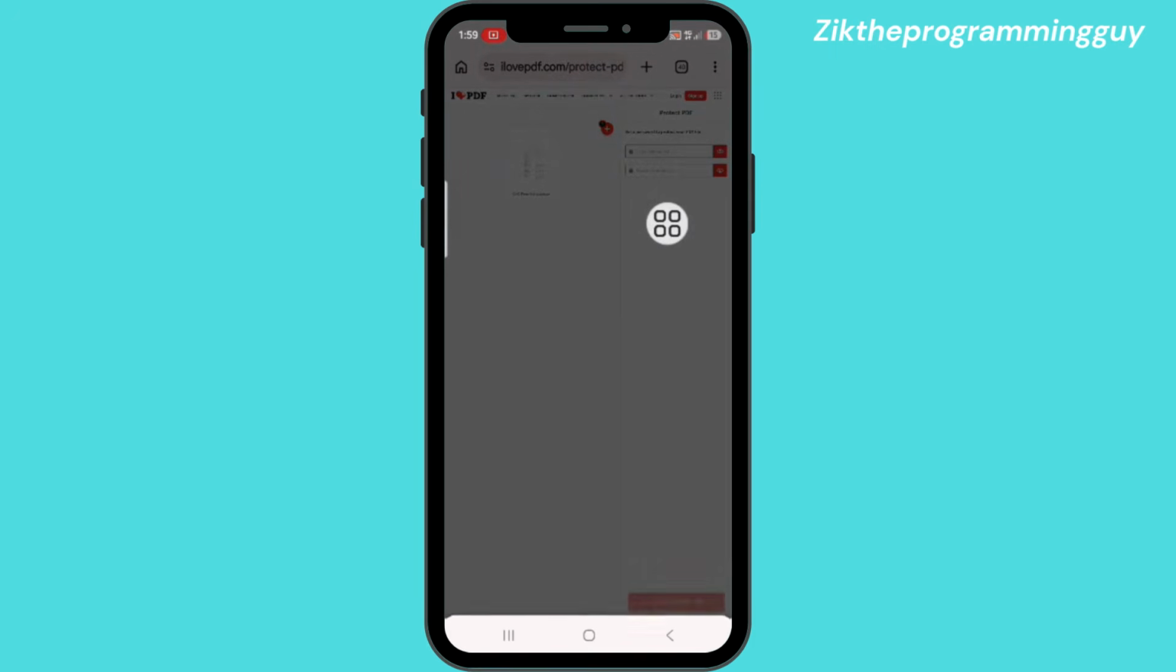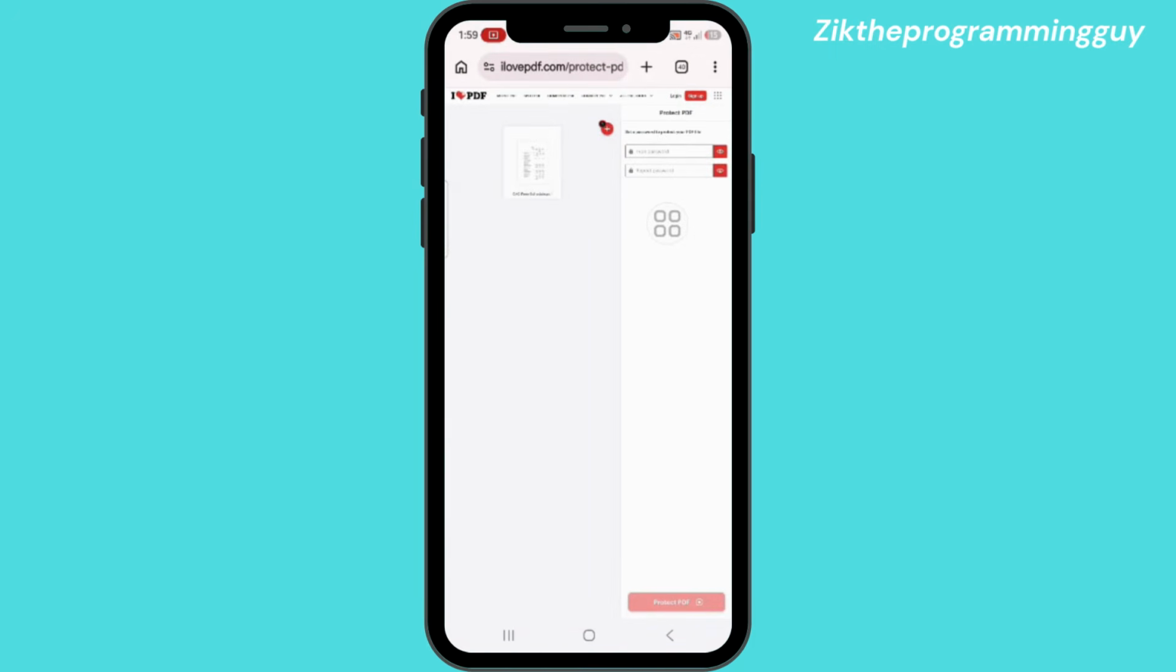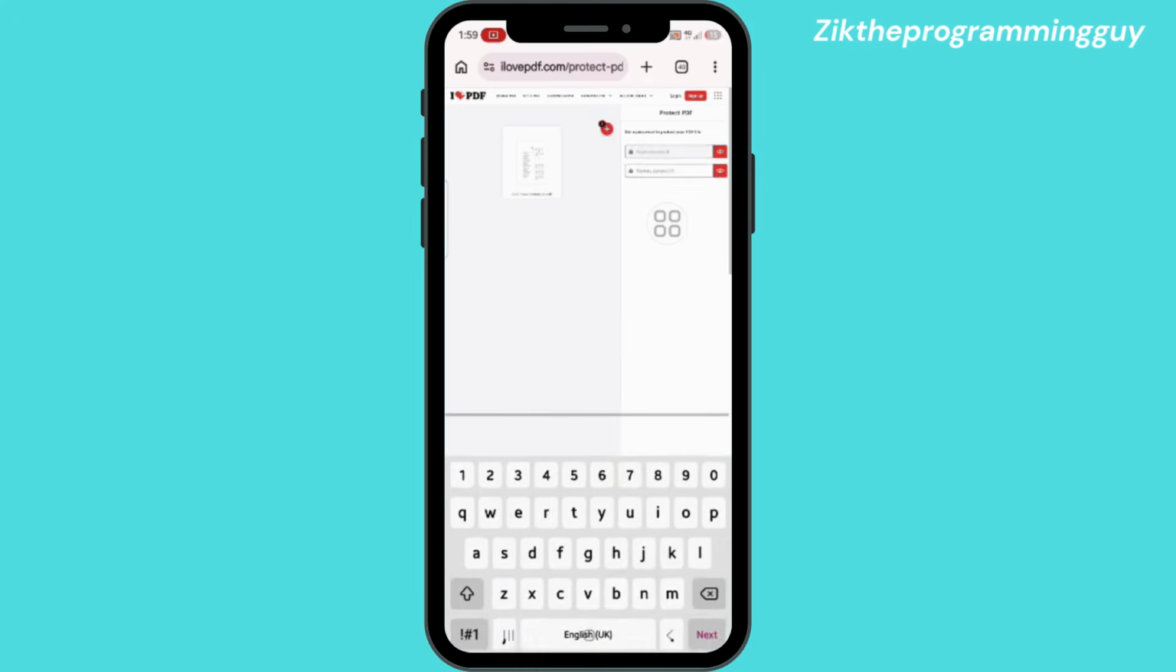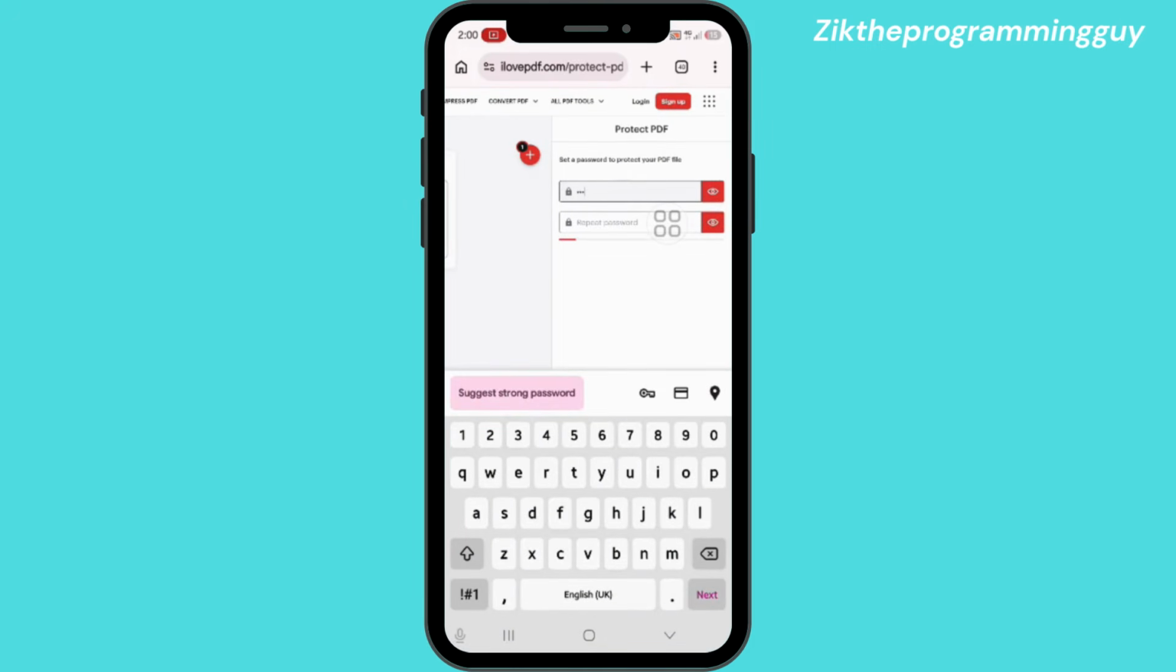So you can just create your simple password, so it will be easy for the person that wants to actually get the PDF to input. So you do the same and click on. Once you're done with this,